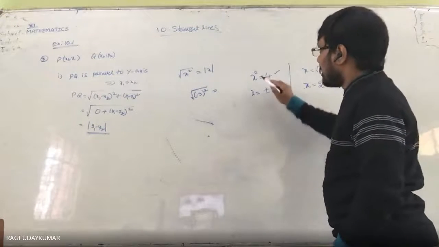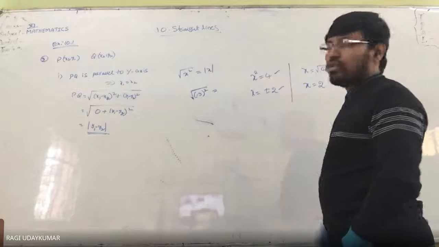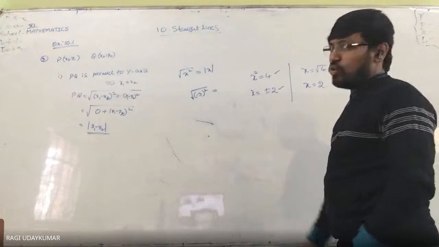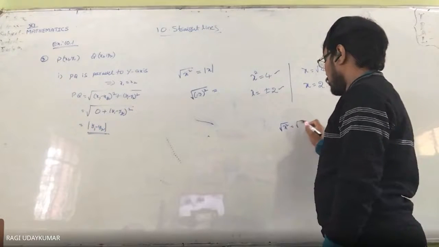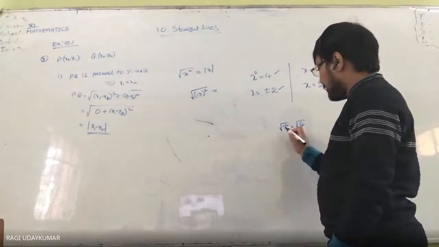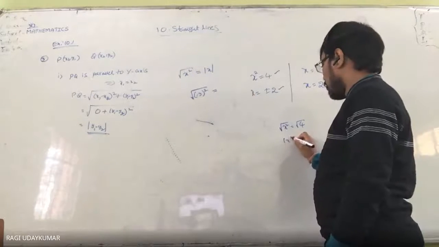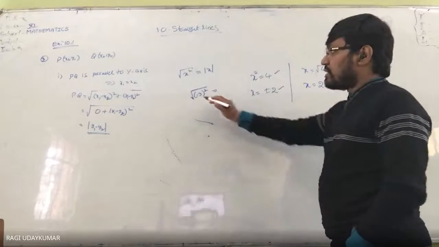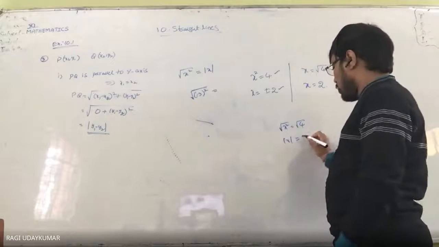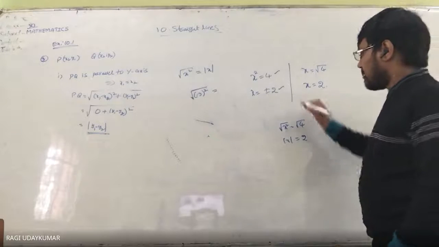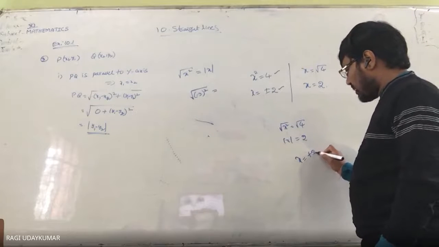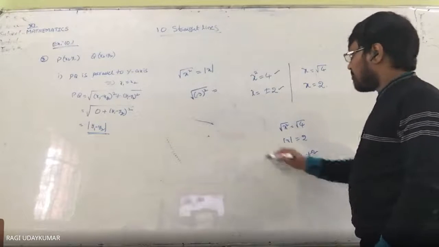Sir, you may get a doubt: if I take square root on both sides, will this same thing come? No. Take square root on both sides here. What do you get? This is equal to mod x. Mod x is equal to under root of 4, which as I told you is the positive number 2. Mod x equal to 2. What is the solution of mod x equal to 2? X can be either plus 2 or minus 2. Then the final answer is this.